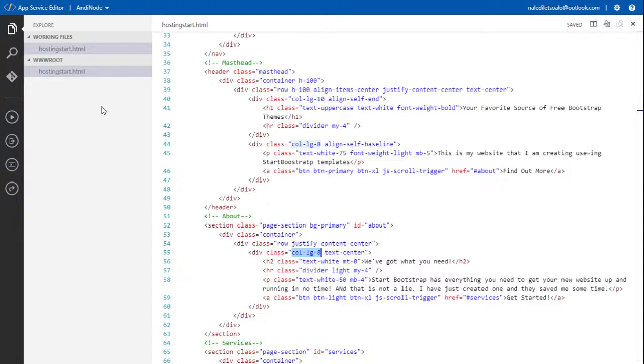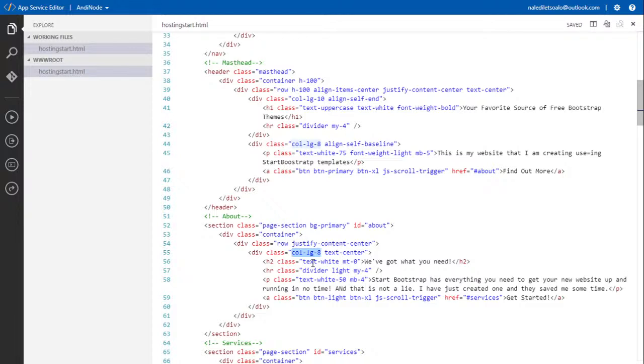So the way that Bootstrap works is that it takes a website and cuts it into a grid, and the grid goes up to 12. So you literally have 1, 2, 3, 4, 5, 6, 7, 8, 9, 10, 11, 12. This one is going to be over here somewhere, where 8 is, and I want it to be large.